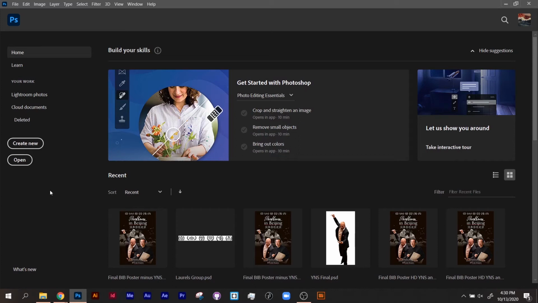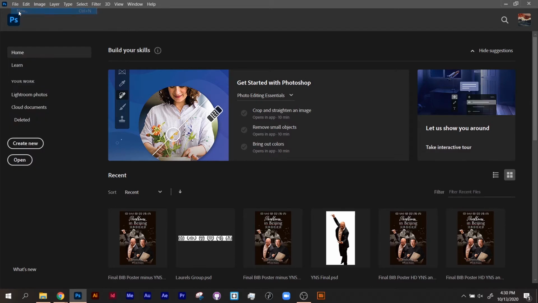In this video, I'm going to give you an introduction to the workspace inside Photoshop. And so when you open it up, it'll look somewhat similar to this. When you have documents that you've previously opened, you'll see them down here at the bottom. And to create a new document, you go to the option for Create New on the side over here, or